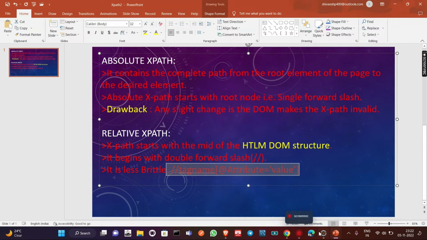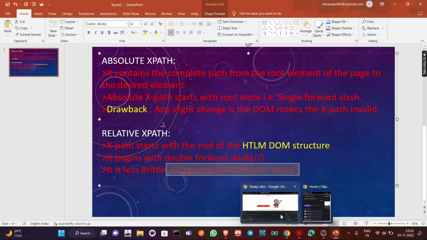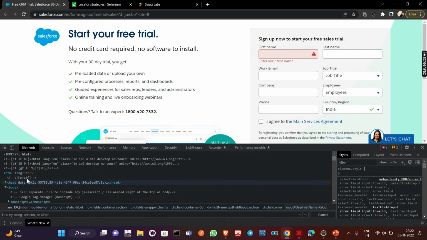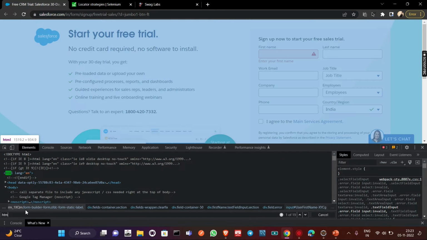Now let me show you by running the script one by one. Okay, so let us now go to the previous website which we have used in order to locate the XPath and type in some text here. Okay, hello new user. So now we are going to locate this element with the full XPath and the relative XPath also. If you want me to type the full XPath, I can start with obviously the HTML, and then we need to go to the body tag. Okay, then body tag, and then we need to go to the,